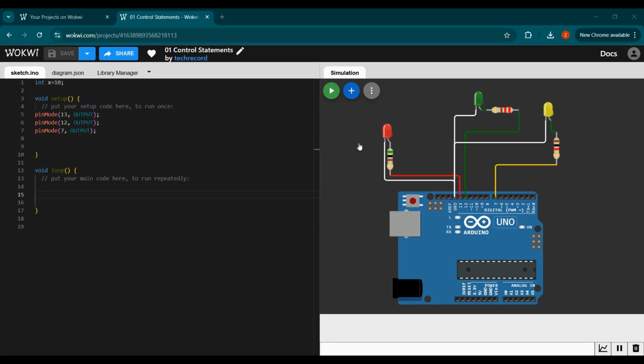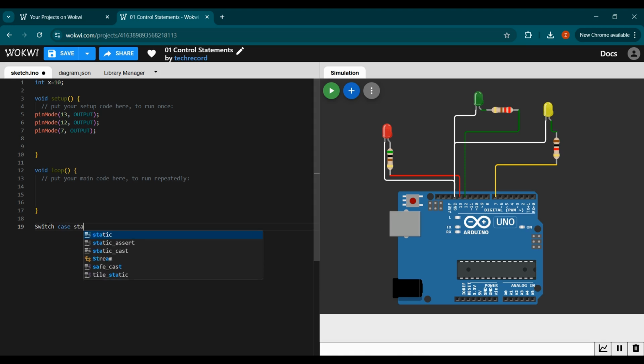Dear students, now we will learn another type of control statements, that is the switch case statement. Today we are going to study switch case